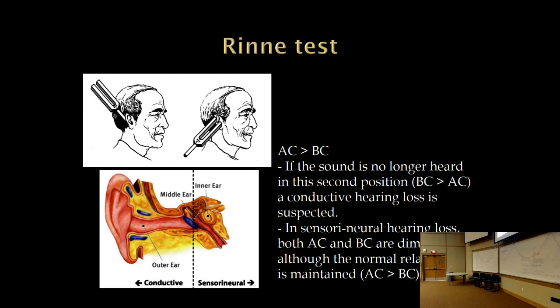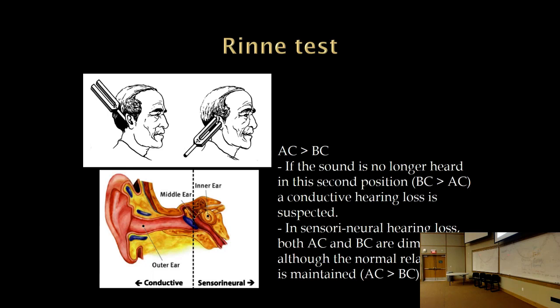And then you take the prongs of the tuning fork and you hold it up to the ear. Okay, air conduction is normally much better than bone conduction. So the patient will say it stops when you're holding it here, but yet when you move the prongs around, they'll say, oh yeah, I hear it again. Okay, so the normal is that air conduction is greater than bone conduction. And so if you see a reversal where now bone conduction is greater than air conduction, that suggests we have